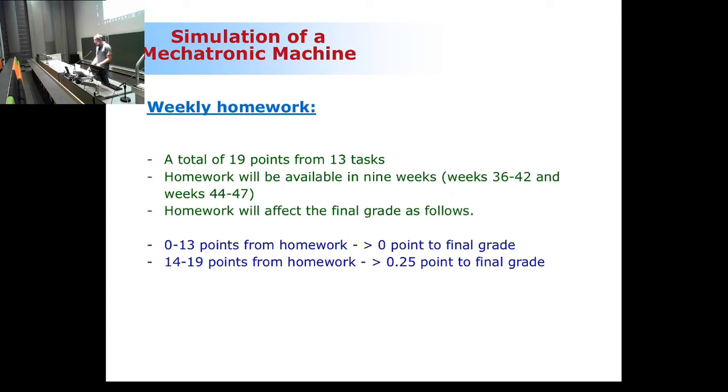Weekly homework. So there is a total of 19 points from 13 different tasks. The first one is already out there in the Moodle site, so you can take a look how it seems to be. And if you're scoring 14 or more points, I will give you this additional 0.25 points. So that's how it goes. So you don't necessarily need to do all these weekly homework, but a good part of it. So that's enough. If you do 14 points, and how is the scoring situation, I will let you know. So I'm hoping that the updates will be available every week in the Moodle site. So hopefully that's how it goes.